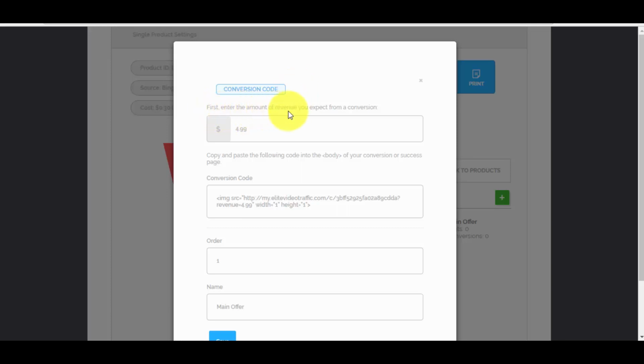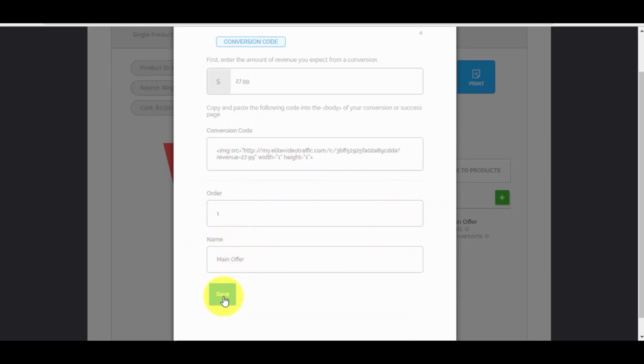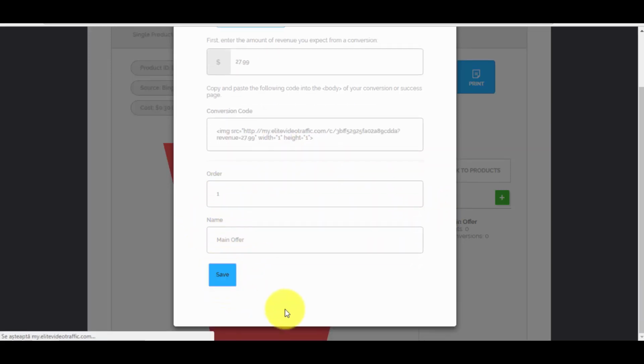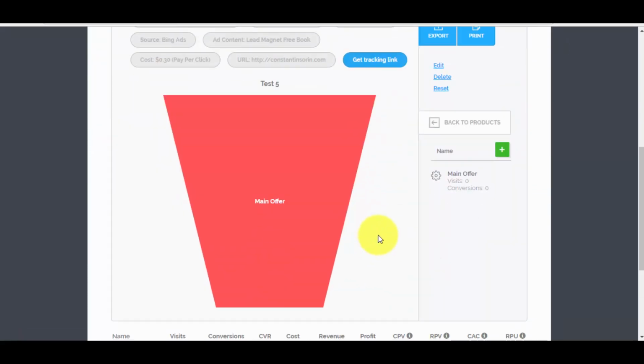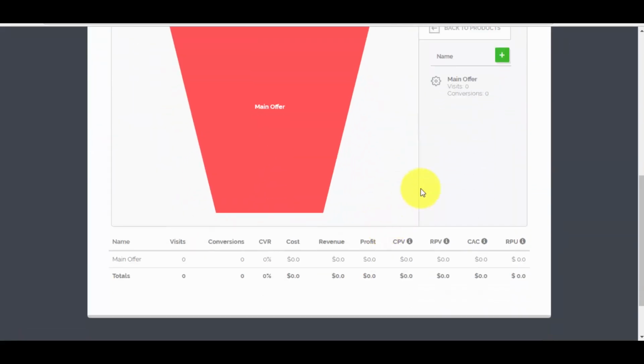the conversion. First, enter the amount of revenue you expect from a conversion. So basically this is how much revenue you should get from a conversion, from a sale, maybe the product price like $27.99. Okay, and then we have the conversion code. Basically you have to copy and paste this in your thank you page after somebody buys your product, right? You just copy and paste it. Order 1, name, main offer. Then you press save and you will be able to track your conversions as well now,